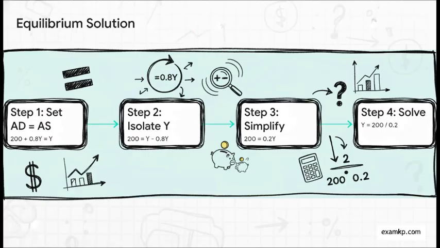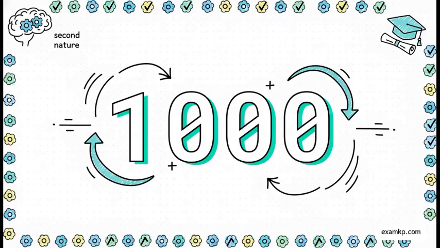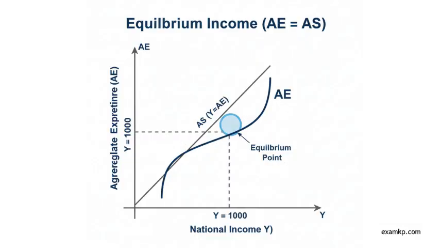And now the equation looks really simple, right? 200 equals 0.2y. The very last step, just divide 200 by 0.2. And boom, there we have it. The equilibrium income y is 1,000 units. See? Not so scary, right? The real key is just to practice this method over and over until setting AD equal to AS becomes second